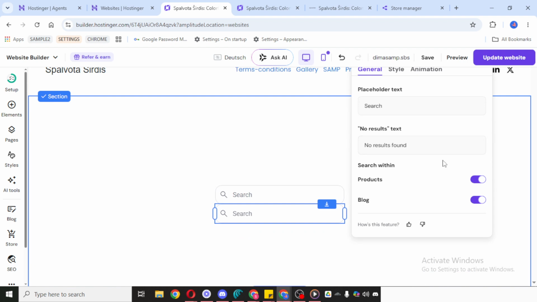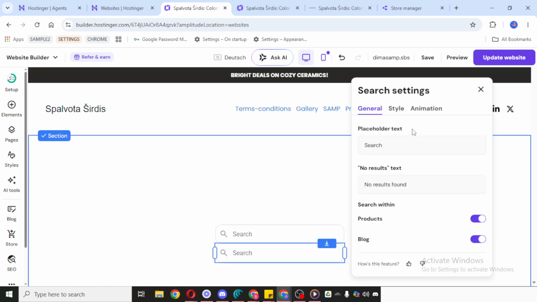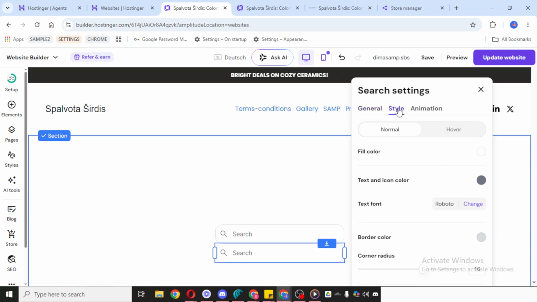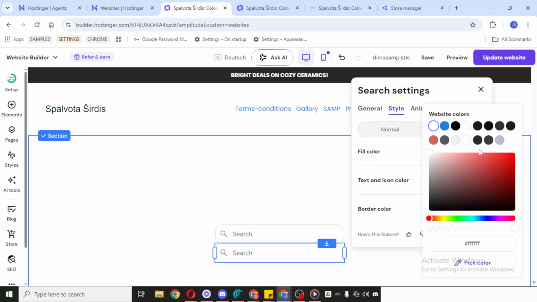At this stage, feel free to explore the element a bit more. Hostinger often gives you several design and style options, so take a moment to check what's available. Small adjustments can make a big difference in how polished and intuitive your site feels to visitors. Once you're happy with the look of the search bar, make sure everything is placed correctly and visually balanced on the page. That's it. You've successfully added a search bar to your Hostinger website.